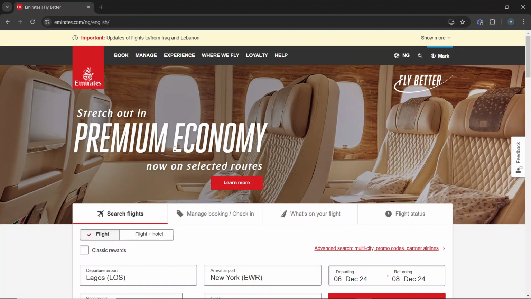Hello, in this tutorial, I'll show you how to download Emirates boarding pass. Follow these detailed steps to download your Emirates boarding pass using the Emirates web app. The first thing you'd like to do is to launch your browser and go to the Emirates official website at